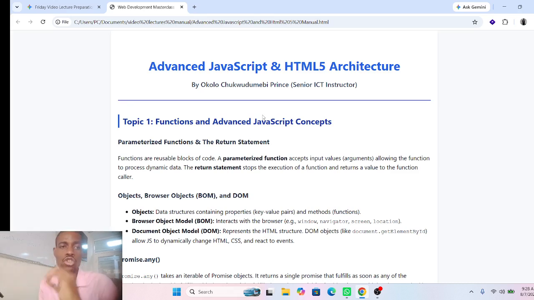Now, a function is not just a block of code that carries out a specific task. A function can also take arguments. It can also accept certain input values that will allow the function to process dynamic data. Meaning that when a function is parameterized,